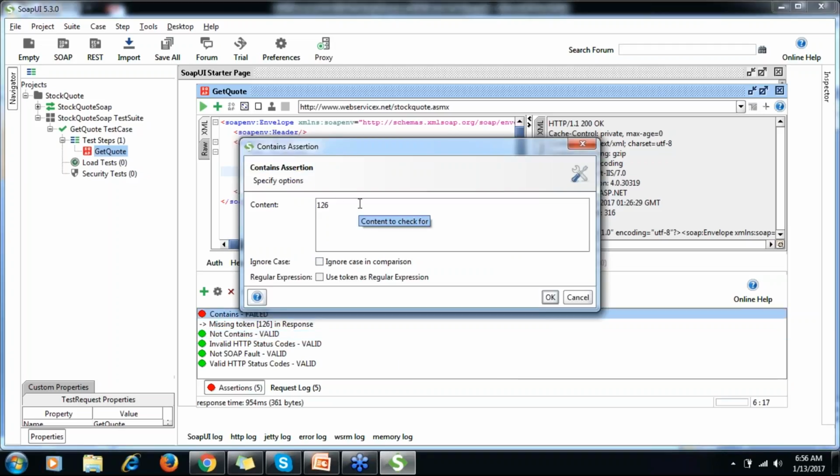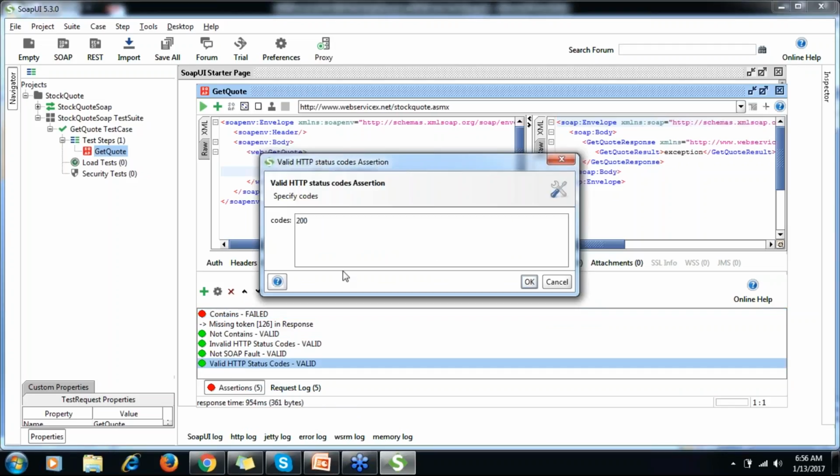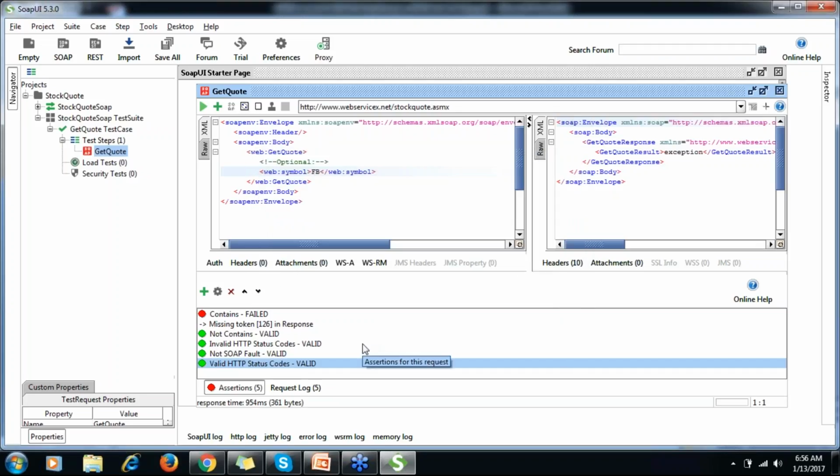This time we are getting some exception, that's why it failed and the others passed. So for valid HTTP codes, whatever valid status codes there are, I can put here.